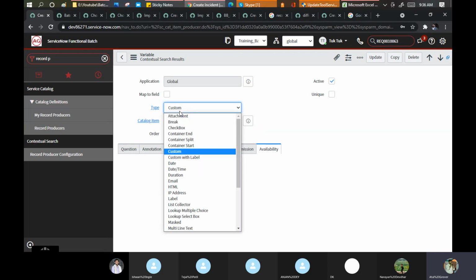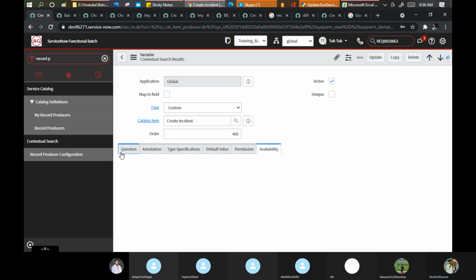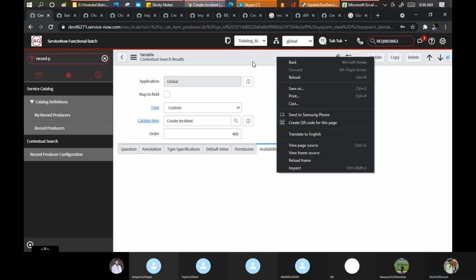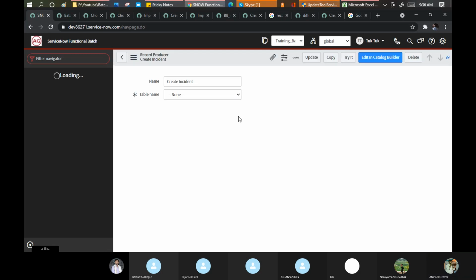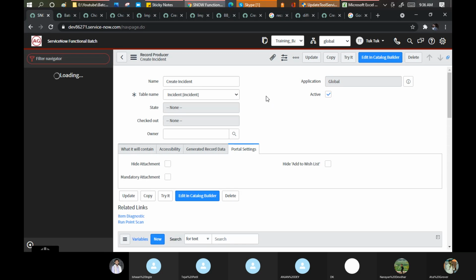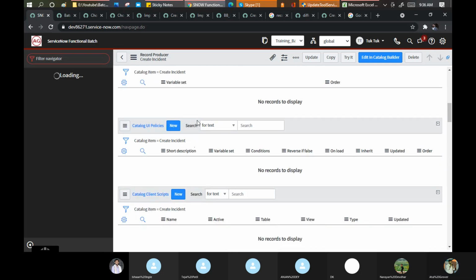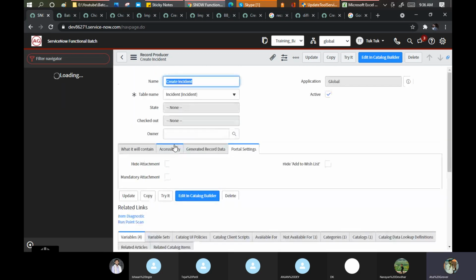I say okay, it's custom. Any field I want to pick up. Anything you want to mention here in the question. It's loading, still not loaded completely. Let me reload my page. Okay.